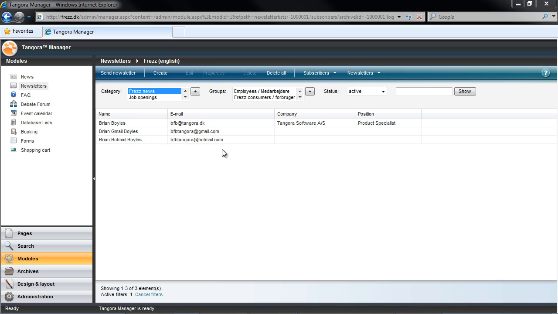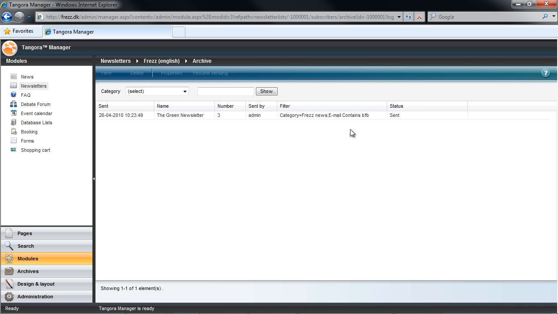We could see a list of the various newsletters that we sent out under the Newsletter Select box under Archive. And here we can see we have an overview of when the newsletter's been sent out, with both the date and the time, as well as information about the name of the newsletter, how many recipients received the newsletter, which internal user had sent the newsletter, if there was any filtering applied, as well as status, which would be especially relevant if there was, for example, a newsletter that's still being processed.